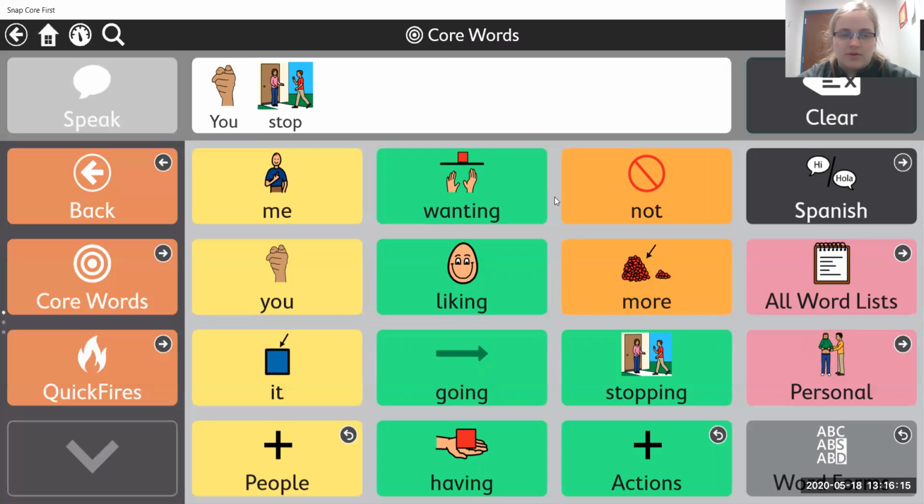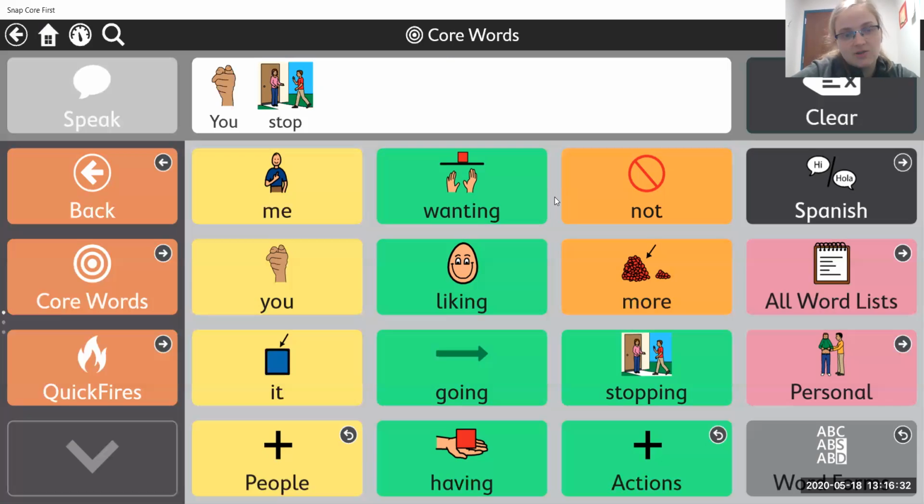You could also, if somebody's just talking too much to you and you find it annoying, say, you stop. You could say it if somebody is singing off key and they don't realize that.